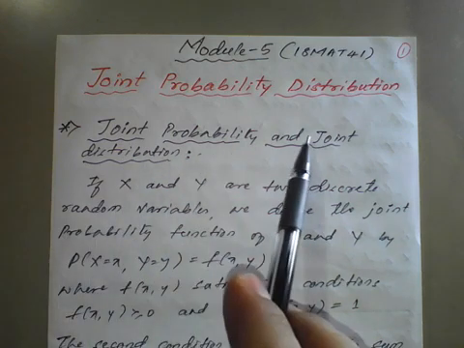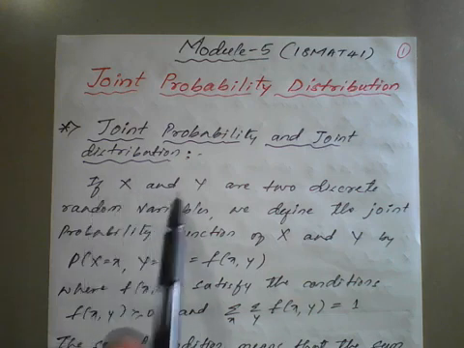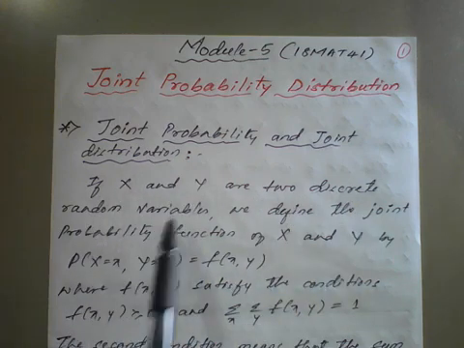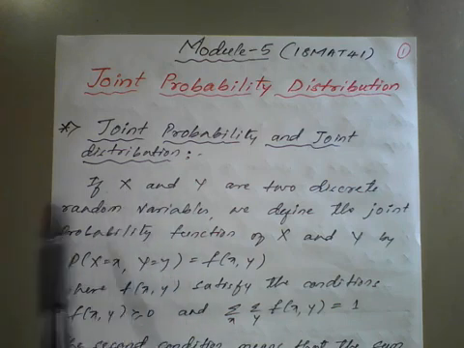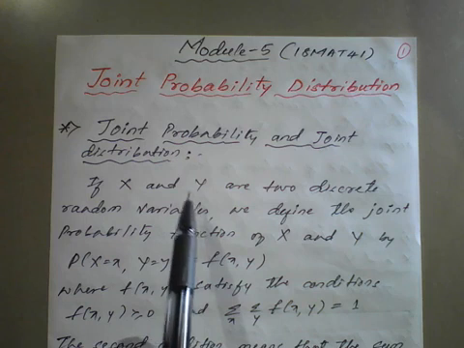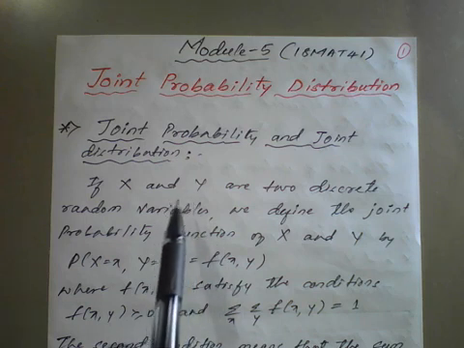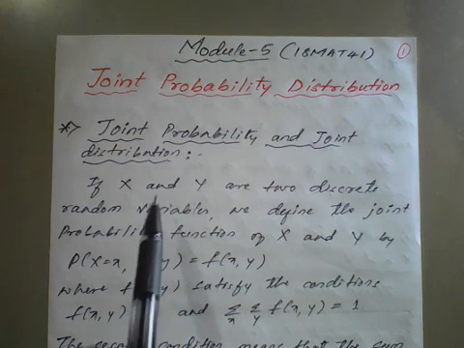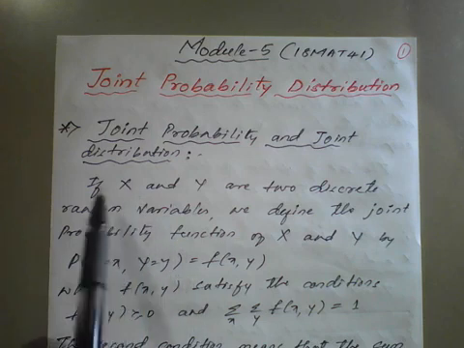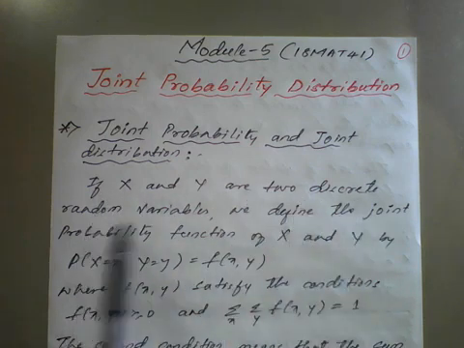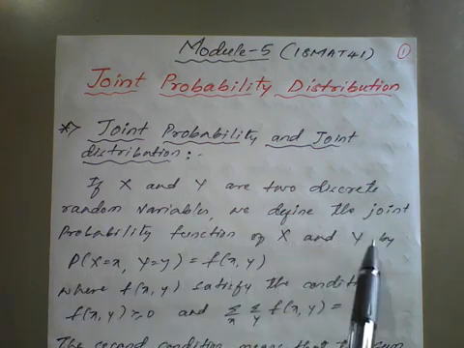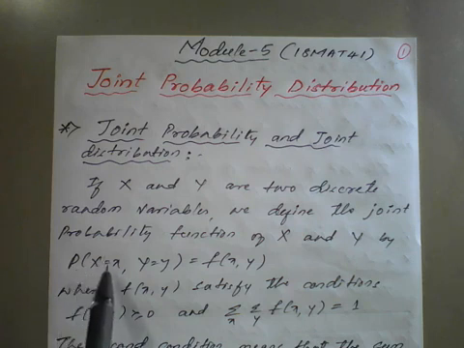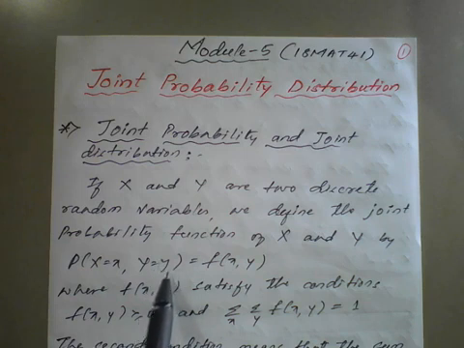So joint probability and joint distribution, if x and y are two discrete random variables. In the previous module, we have seen only x as a random variable or purely y as a random variable. Only one variable we have considered. But here we'll see a joint of two variables. That is, if x and y are two discrete random variables, we define the joint probability function of x and y by the probability of the event capital X equal to small x and capital Y equal to small y